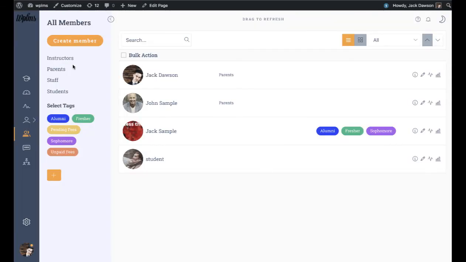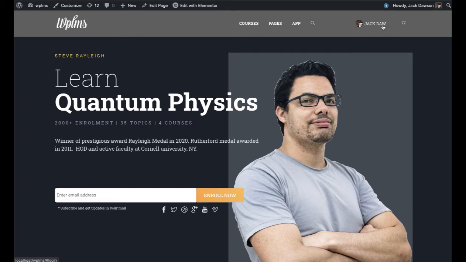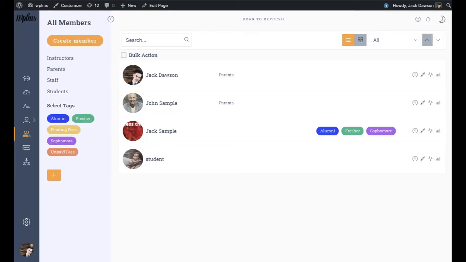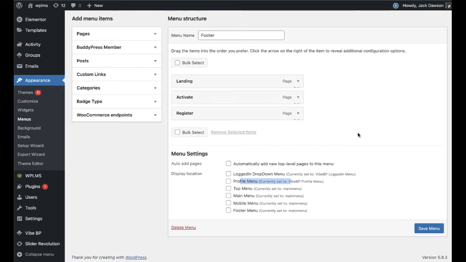The profile menu is the one which appears on the left, and the logged in drop down menu is the one which appears on the regular pages when you click on the screens. Now you can customize this menu and this menu depending upon the member type who is using the screen. As such, we do not have different logins for different types of members, but the members area or the app page automatically adapts to the user who is